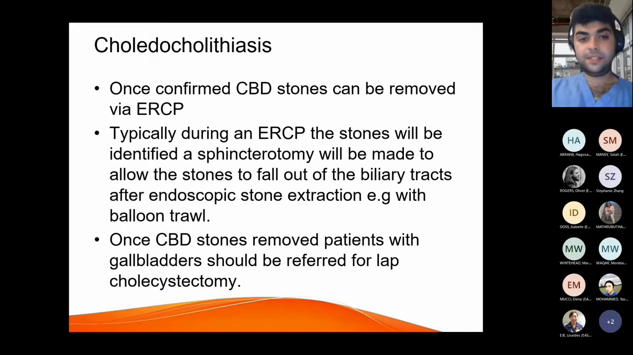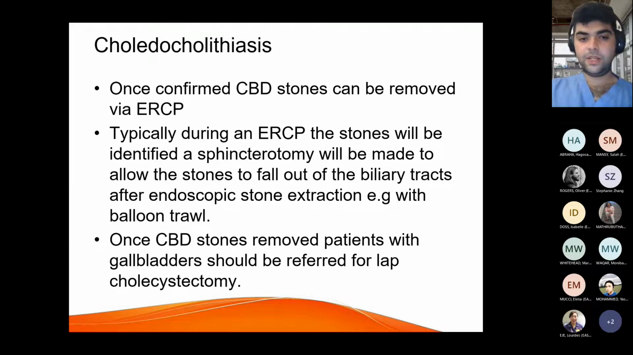Once we confirm CBD stones, the next step is to try and get rid of the CBD stones, and this is typically done via an ERCP. So an ERCP involves using a side-viewing endoscope. We go down very similarly to how we do in a standard OGD, but the side-viewing endoscope allows us to see the ampulla when we get into the duodenum. This allows us to use catheters which go into the biliary system, and we use fluoroscopy to find where the